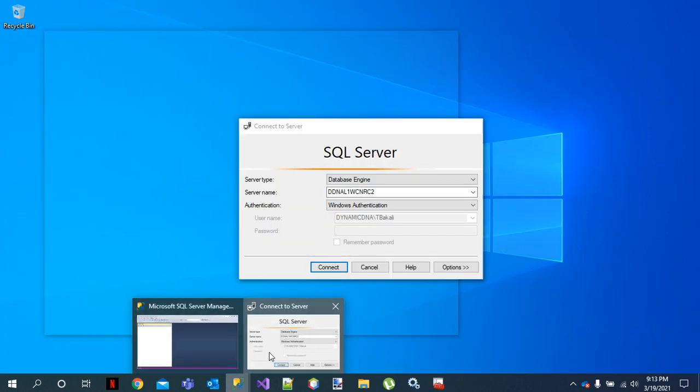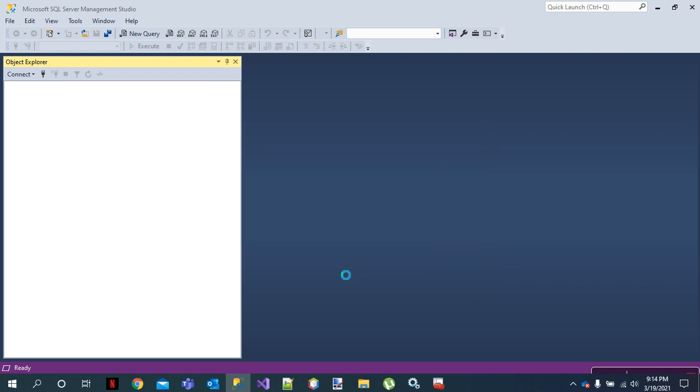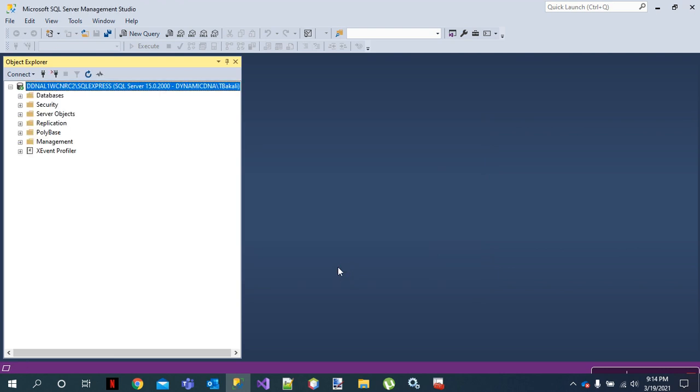You already have the name of the computer, which you've already typed out. The next thing you need is just the name of the server. So you put a slash, and the name of the server was SQL Express, all in caps, right? Then you can now press connect, right? So basically that's how you can connect to the installed server. But in most cases, if you start by installing the server, then install Microsoft SQL Server Management Studio, you won't have to type out that name or do all of those steps. Server Management Studio will look for the server itself and find it and put the name there.